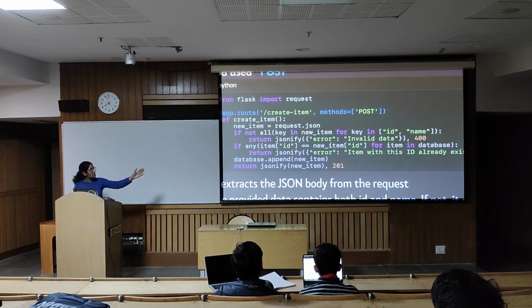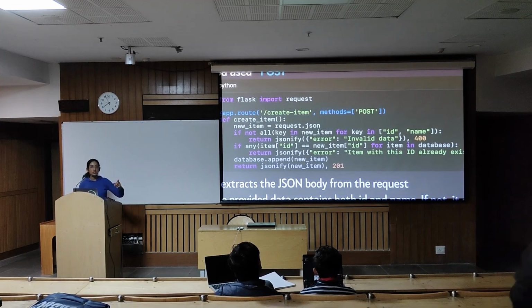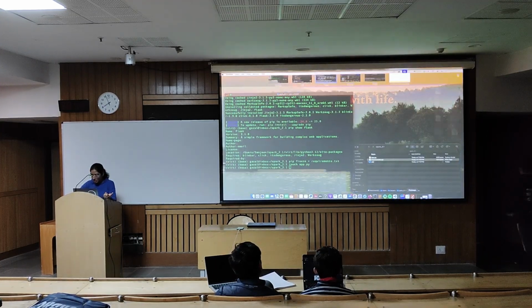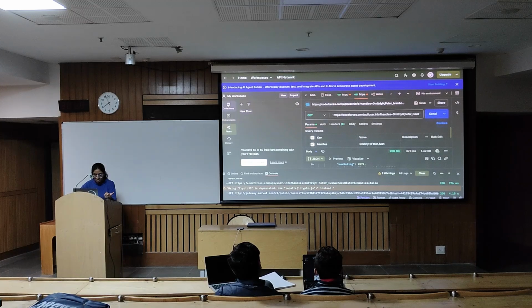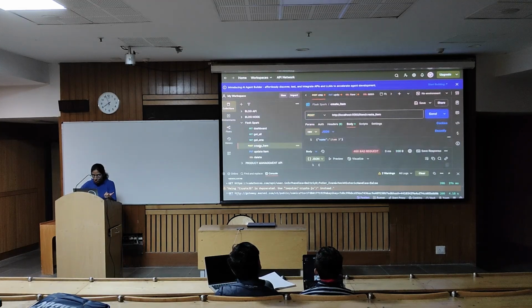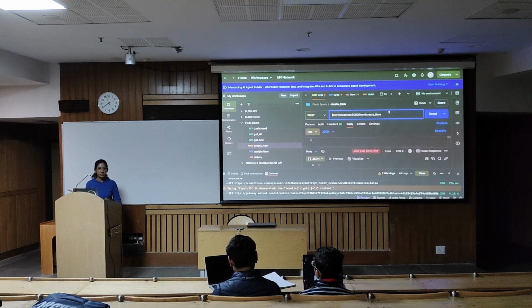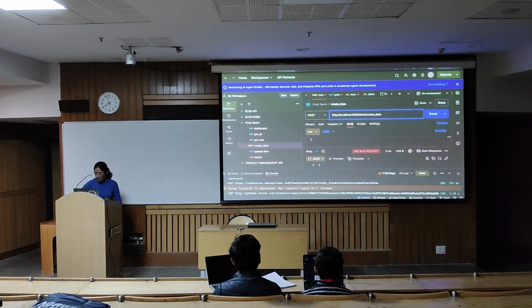Now we'll see this in Postman. I've set up the CRUD routes already, and so I've written that URL here with the route specified, right? And then I'll have to add data here for that item that I want to create. Without it, this will not work. So I add it in. So the ID, for example, is 3, and the name is